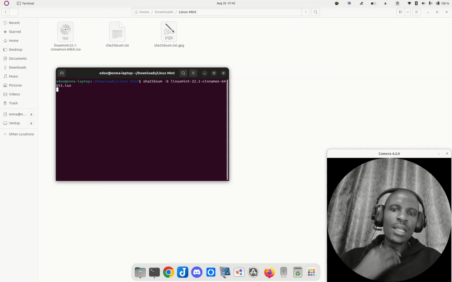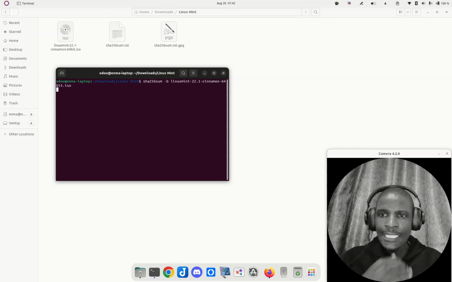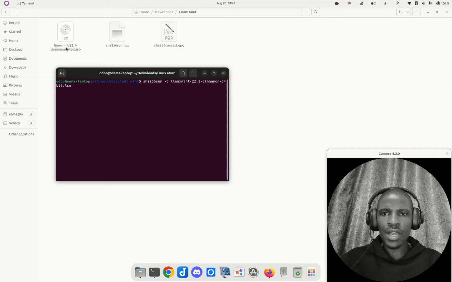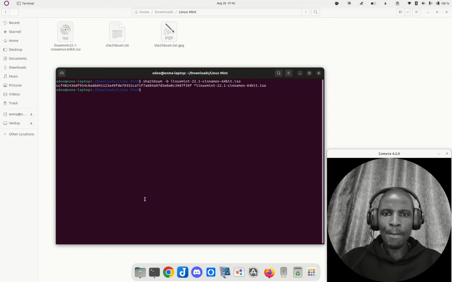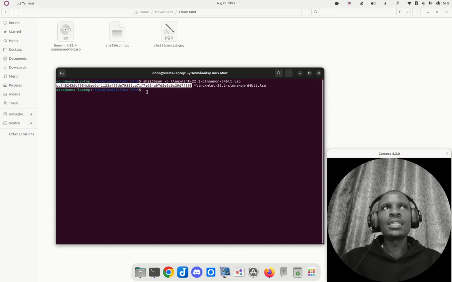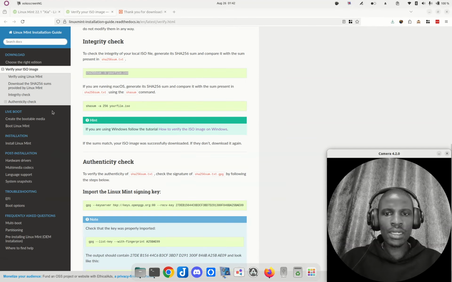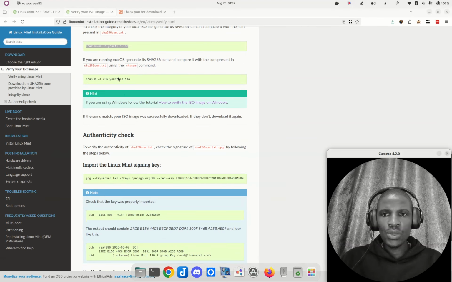then we run that. So it's going to go ahead and generate the SHA-256 sum for this ISO file, and we will compare it with, okay, there it is. It has generated it. I'll make it a little bigger. Okay. So it has generated the SHA-256 sum, which is like a hash file to confirm that what you have downloaded is exactly the same as what we have here. Now, let's go back and see. So what they want us to do